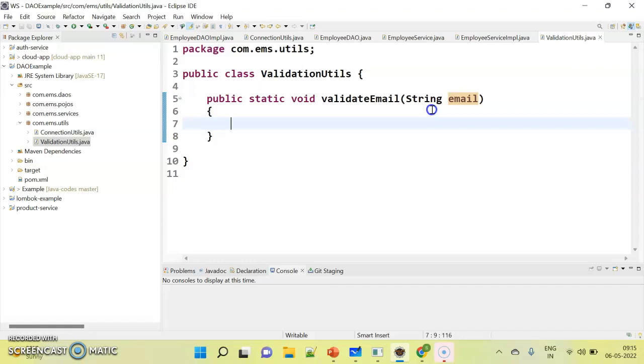So here I'm going to simply check now if email dot length is less than 5, or email dot length is greater than 15. So it is not a valid email. So this is one condition that I have. Or